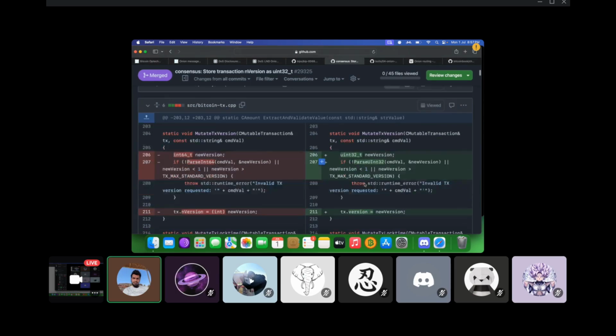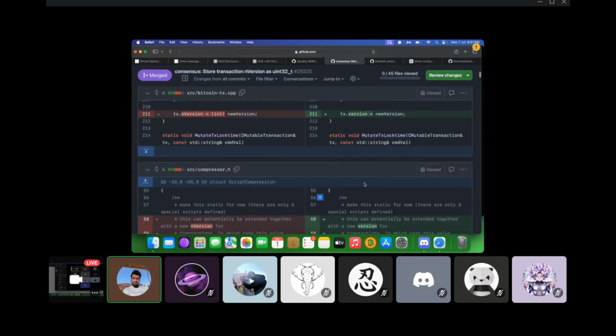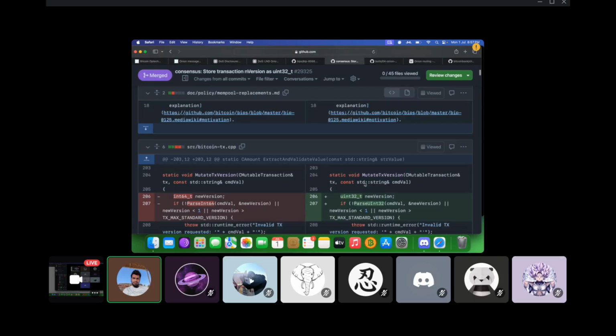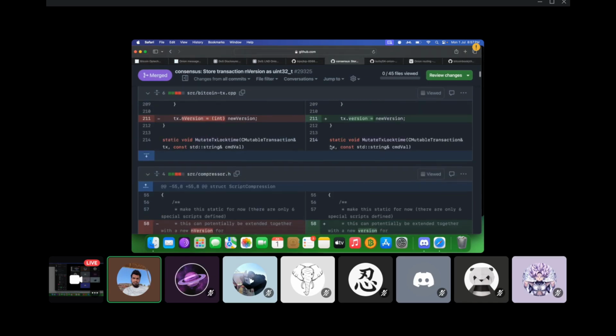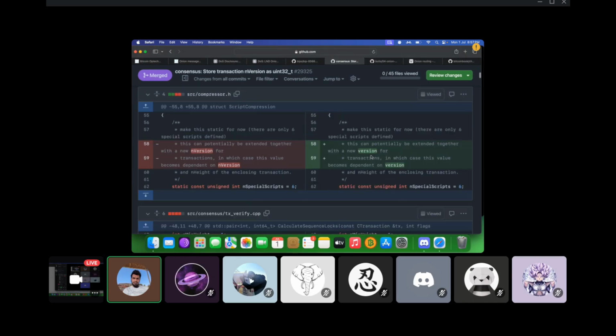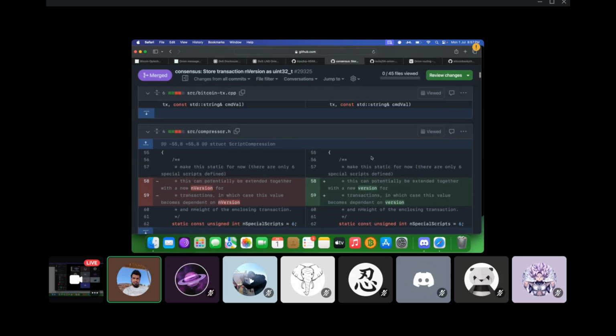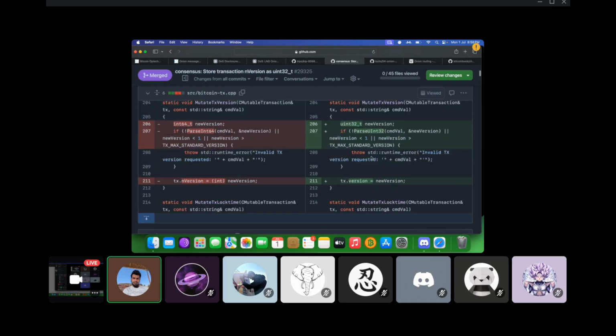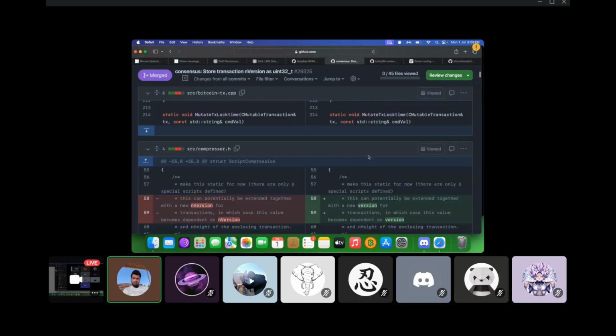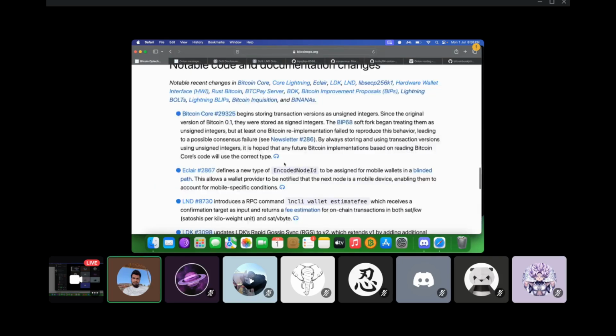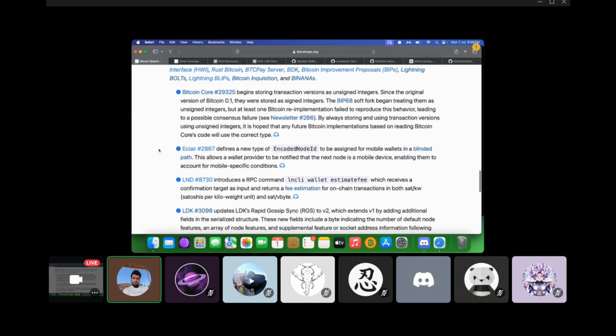Okay, so yeah, broadly that is what the change was: firstly we changed the nVersion to version. Secondly, now we are only accepting unsigned integers, meaning only positive values as version numbers. All right, so that is broadly what this PR deals with. Cool. Any questions pertaining to this specific PR, or can we move forward? If any questions, let me know.